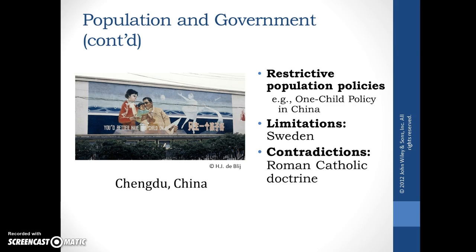Some of the interesting things you see when we talk about contradictions are the Roman Catholic Church and its doctrine. And if you're not familiar, the Roman Catholic Church preaches that you should have as many children as you have, that you should not use birth control, you should not use any kind of birth control really, and that you have the number you have. And so what you see is really kind of interesting. Some Roman Catholic countries have gone so far, like say in the Philippines, to where a lot of types of birth control have been outlawed.